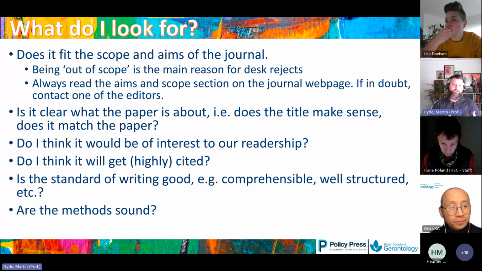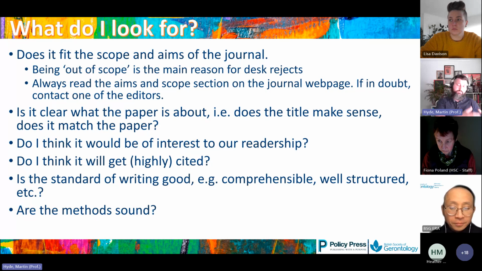So I'm not going to send papers out which I think aren't going to be read by them, because it's not going to be of any use for the readership of the journal, because it's not going to be of interest to them, nor is it going to be any use for the authors of the paper, because it's very unlikely it's going to get highly read or cited if it's not getting out to the people who are likely to engage with it. So you have to make an assessment there, and that's something of a subjective assessment,